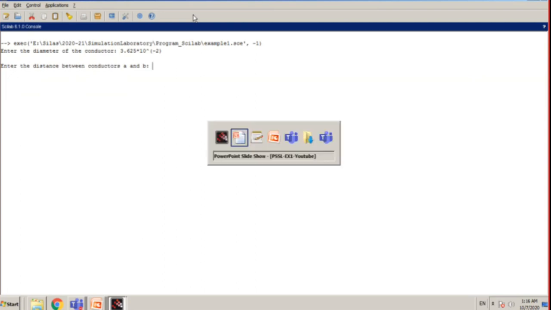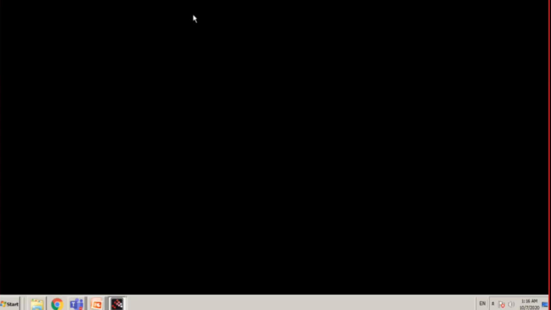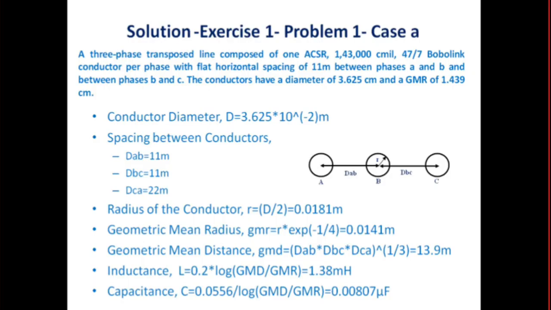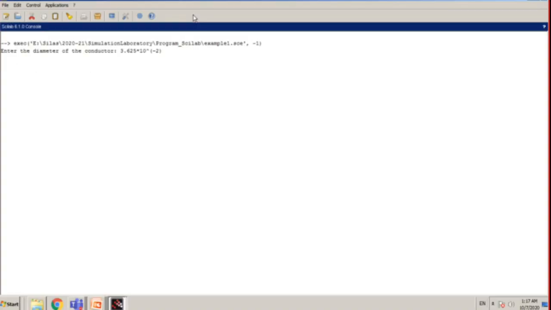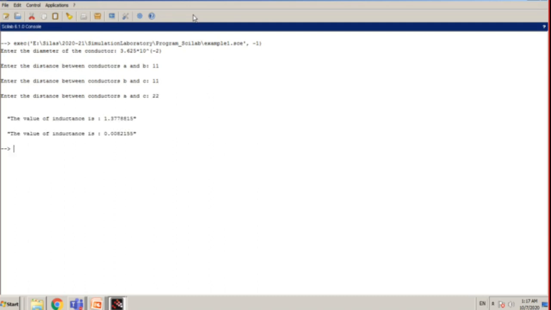Next, you have to give the values for DAB, DBC and DCA. The distance between A and B is 11, the distance between B and C is 11, and the distance between A and C is 22. Now we have obtained the values for inductance as well as capacitance.